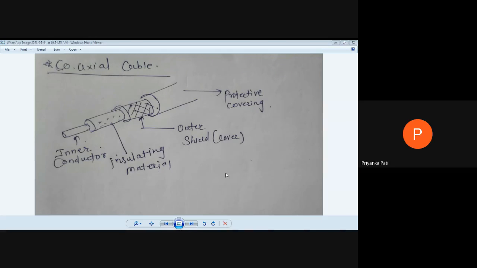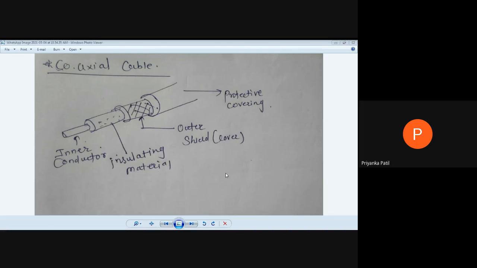Basically it provides the shield, so external electromagnetic interference is not added to the data. This is one advantage or characteristic of coaxial cable. It has a large bandwidth, and the cost of this cable is less than the fiber optic cable.